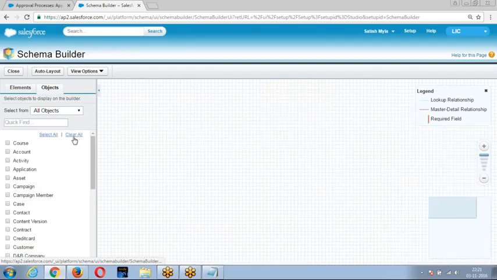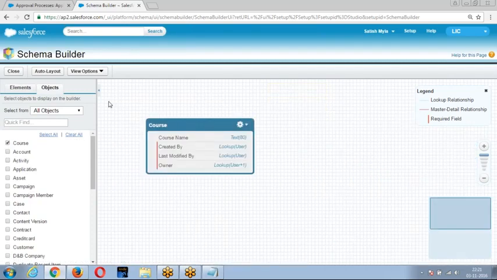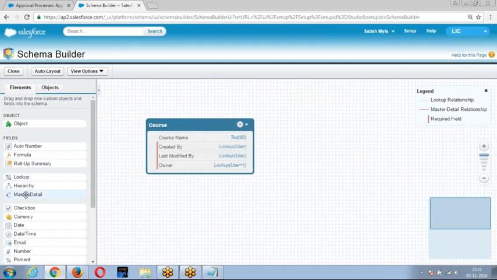Then I'm creating the fields here. What are the fields we want?